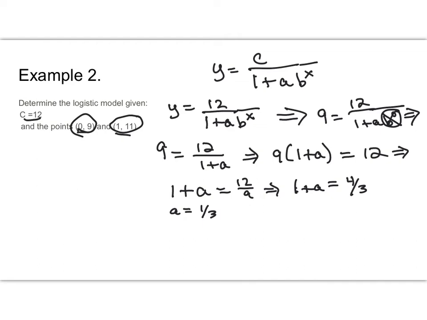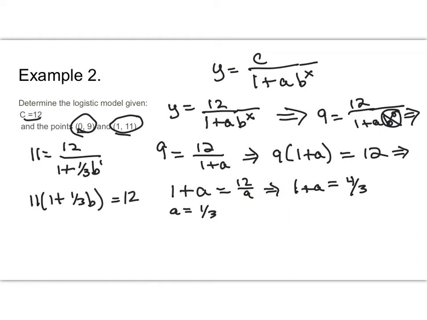I'm actually going to move over here. So when x is 1, y is 11, c was 12, a was 1/3, and b is 1. Oh, this one's going to be easy. I'm going to multiply both sides by 1 plus 1/3 b. b to the first is b. So I get 11 times 1 plus 1/3 b